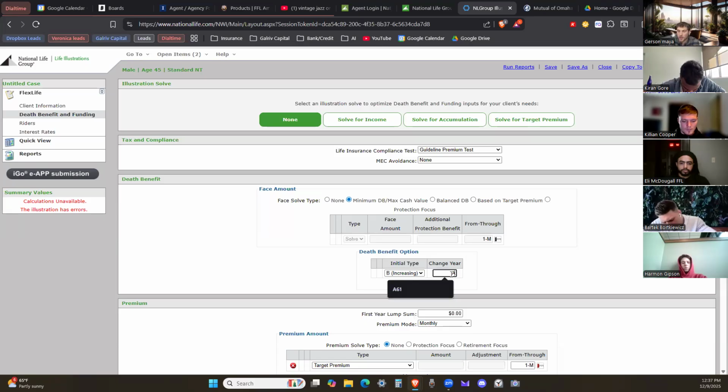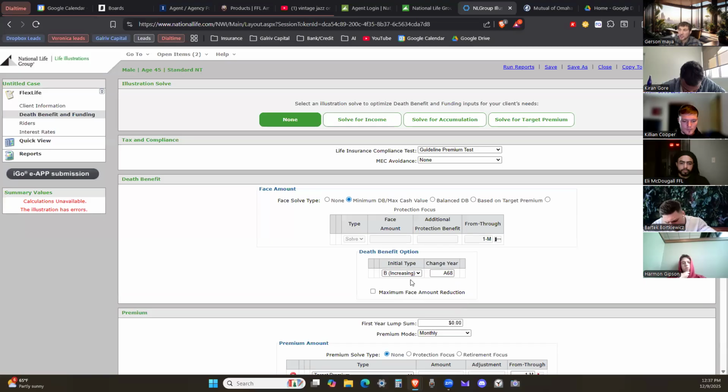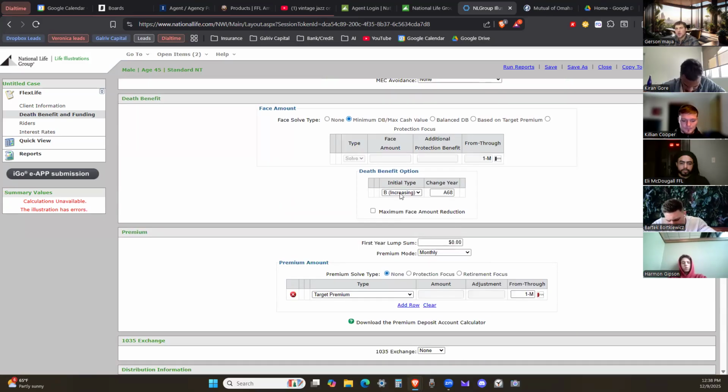And then as we're done funding the policy, I'm only having them pay into these until about an average retirement age. We're going to treat it like a retirement policy. We're not going to be funding it until you're 100 years old. We're going to be funding it while you're working and then treat it like a retirement policy afterward. So until age 67, I want to be funding it. So at age 68, I want it changing into a level death benefit. That's what the change year is. Once we're not putting money into the policy anymore, having a level death benefit makes more sense because it just keeps the cost of insurance, again, as low as possible for the client.